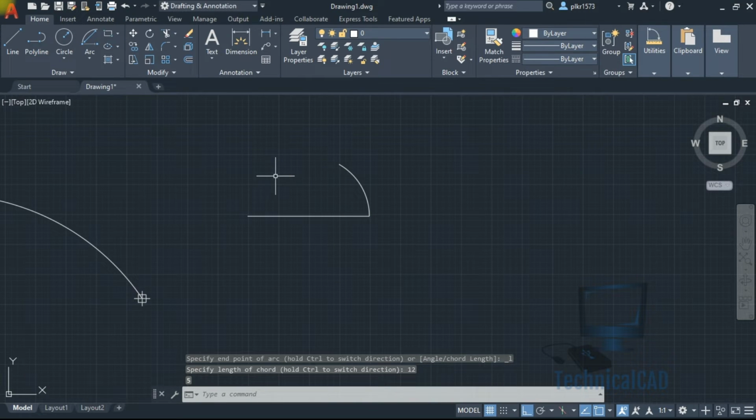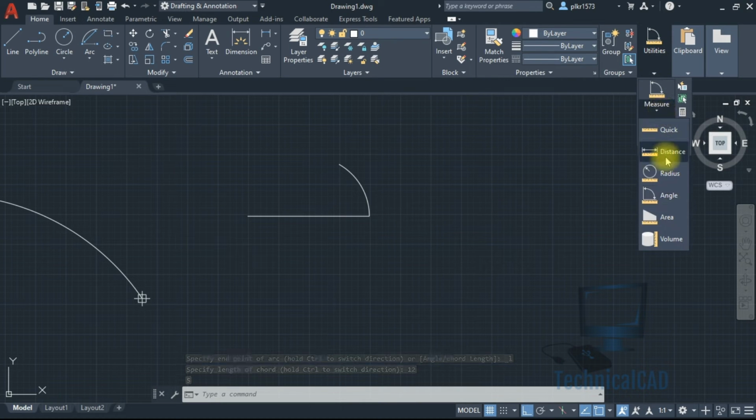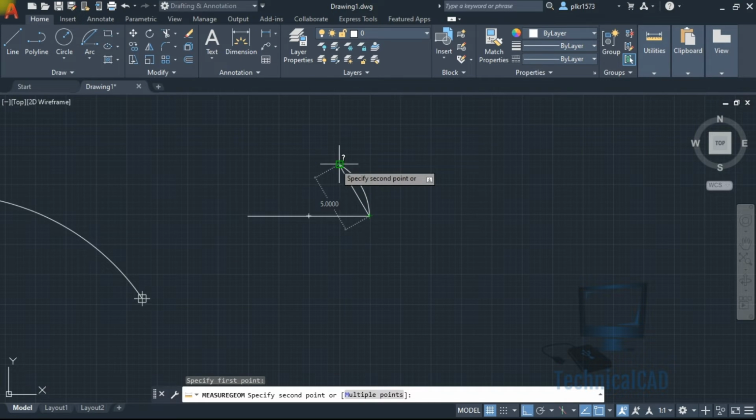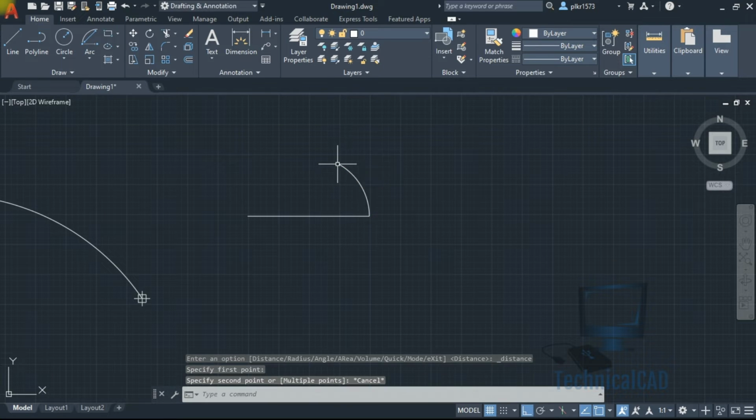Now to measure, I will go for distance. Now you can see the length. So that is start, center, length.